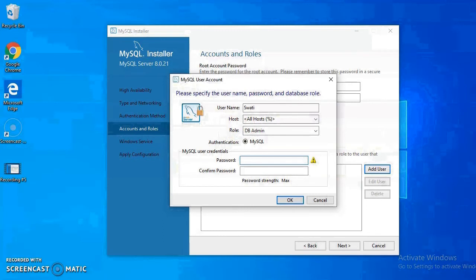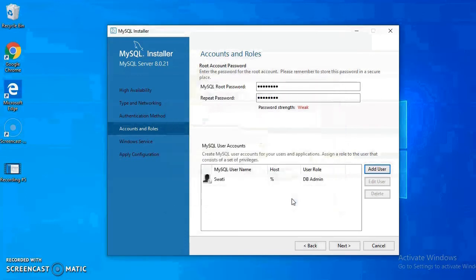Provide the password for the user here. You have to provide the passwords for authentication purpose. So provide the password over here. Okay. Once you have done with it, you can click next.